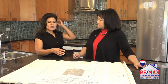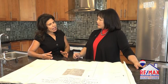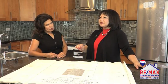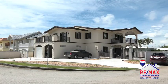Now my other question is, so you already own the piece of property. Did the size of your property affect how much house you could build? Yes, the size of your property does affect it. For example, I wanted to build a bigger house, but the problem is it's a corner lot. And when you're in a corner lot, your normal setbacks are normally 15 from the front and 8 from the